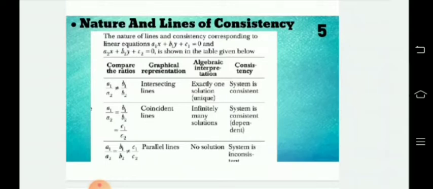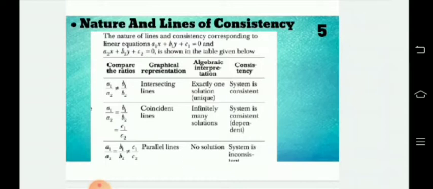Now what is the third case? The third case is a1/a2 is equal to b1/b2 which is not equal to c1/c2. When we compare the values of both, a1/a2, b1/b2 and c1/c2 of both equations, if we compare them, the values of a1/a2 and b1/b2